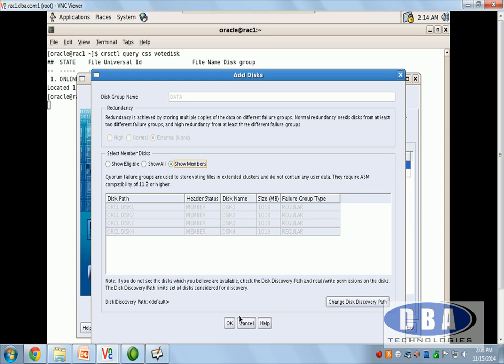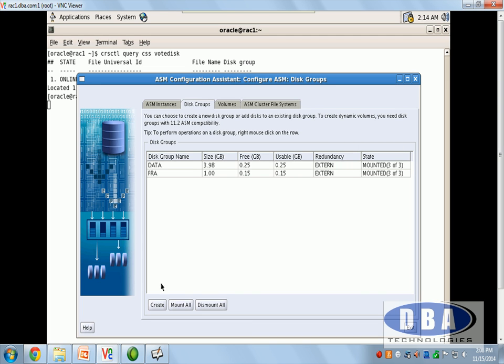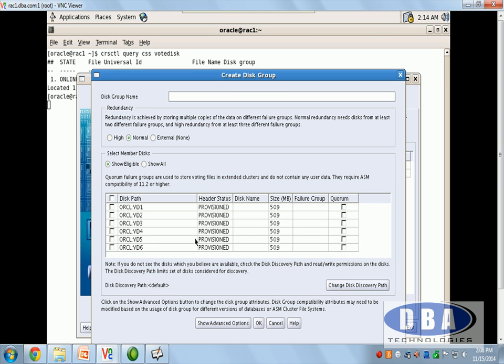Now what we do is create a new disk group. Okay, so I have this disk I can use. Let me say voting disk normal. I would create the first one with disks 1 and 2, because this is going to have 2 disks. So when we try to move our voting disk from the data disk group to VDN1, it should fail. Okay, so let's create the first normal one and say okay.